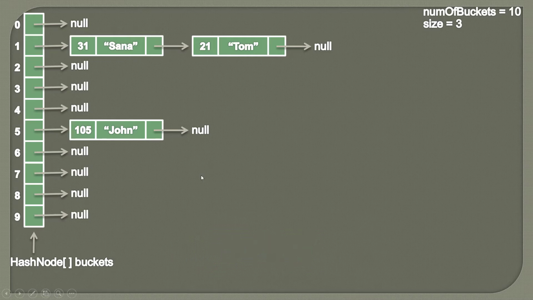So let's suppose we are given this hash table having 3 hash nodes, where size is equal to 3. Now let's suppose we want to remove a particular key. What we do is, we are given a key, we first try to find the index associated with that key via our hash function. Then we go to that index and try to search for that particular key. In case we find that key, then we simply remove that node from the corresponding list of that index, and if we don't find the key, we simply return null.